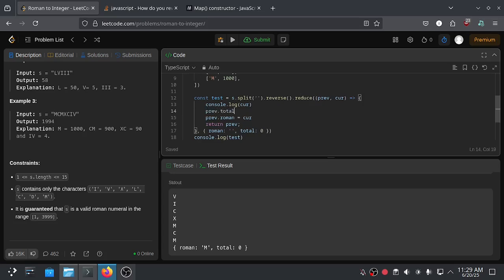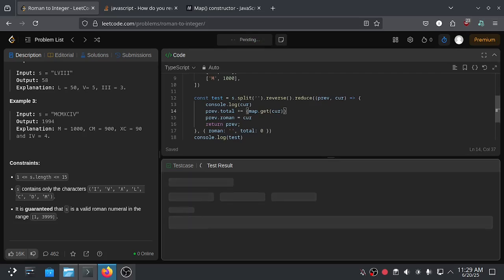So we need to use if else, but before that we need to calculate the total with the previous value, using the plus equal sign to directly add the current value into the total. So by using the map, get the current iteration, and then let's run this.